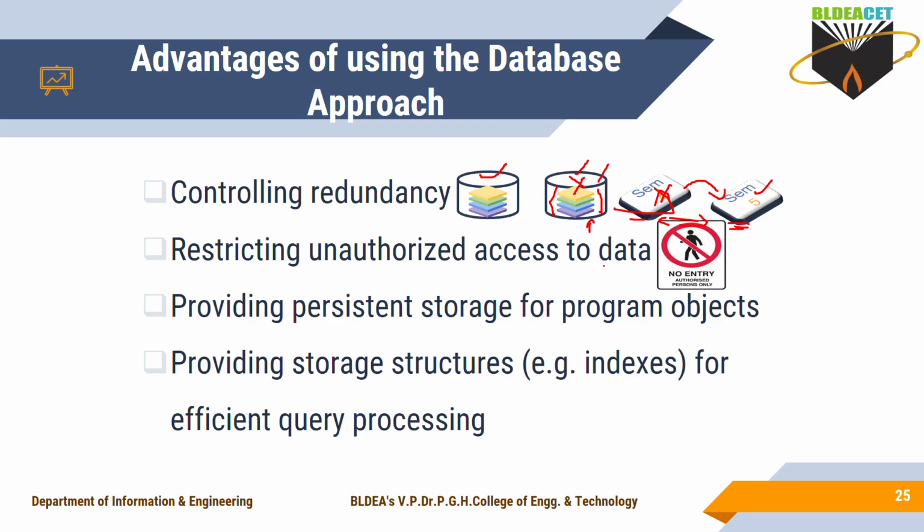Even for accessing the data, access is allowed based on privileges. If you have the read privilege, then that authorized user has the authority just to view the data or records. If you have both read and write authorities, such a user has the authority to view and also update the records. That is restricting unauthorized access to data, to provide security for your data. You are following this advantage.